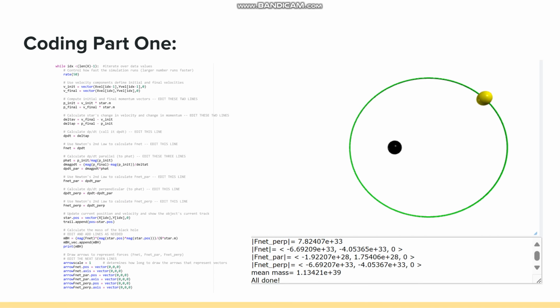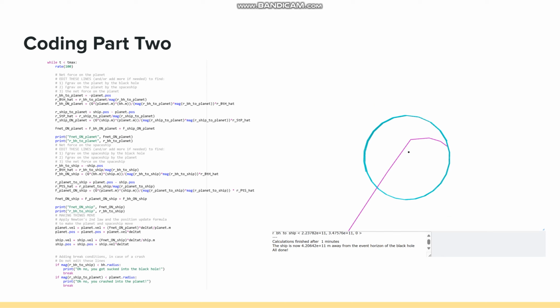So now on to the coding. As seen here, this is my code. Important lines include F net, which is equal to the change of momentum over change in time, and also p hat, d mag, dp, pdt, and change of momentum parallel and change of momentum perpendicular. These values were all used to find the mean mass of the black hole, which is 1.13421 times 10 to the power 39. The importance of this value was that it was to be used in the coding part 2,